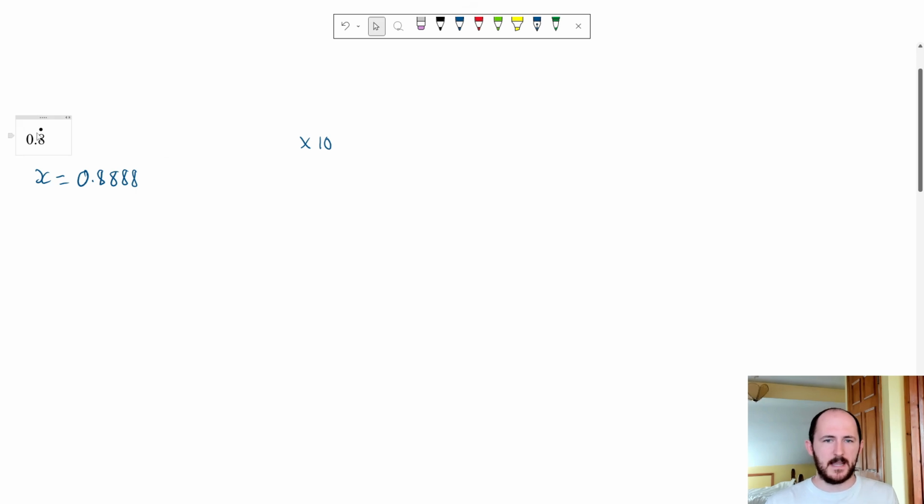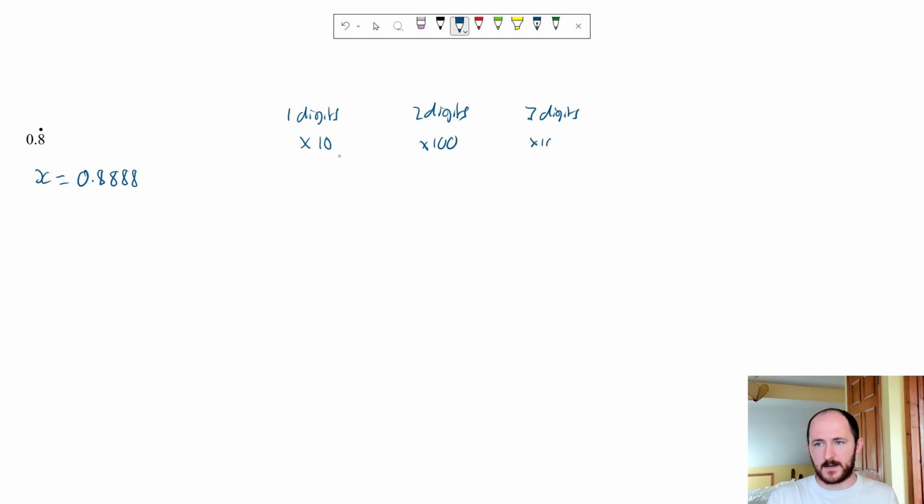So for example, here we have one digit that's recurring, right? The 8. So I'm going to times it by 10. If there were two digits that were recurring, then I'll times it by 100. If there's 3 digits, I'm going to times it by 1,000, 4 digits, and so on, times it by 10,000. Okay? So you times it by 10 followed by the number of zeros equal to the number of digits. So for a 1-digit number, because it's just 8 recurring, we're going to times it by 10. So that gives me 10x equals